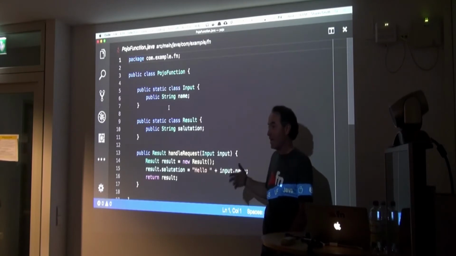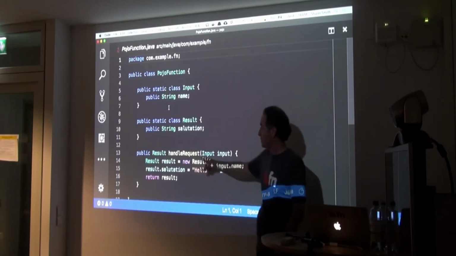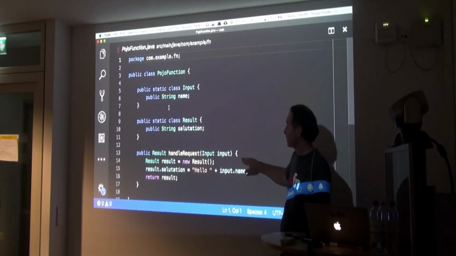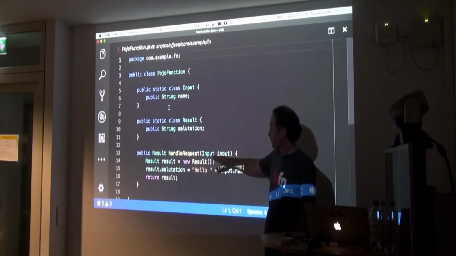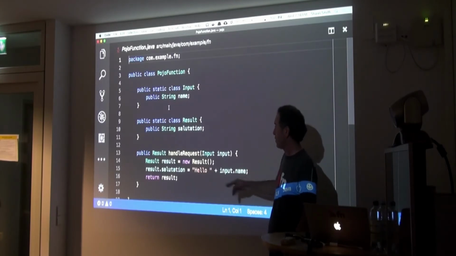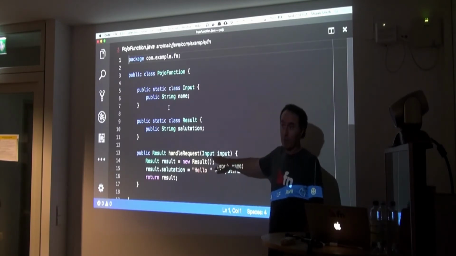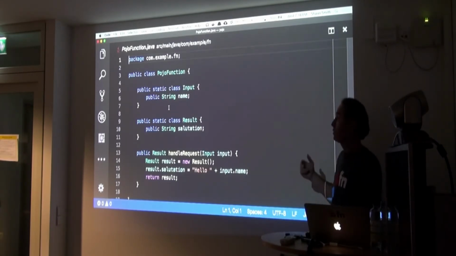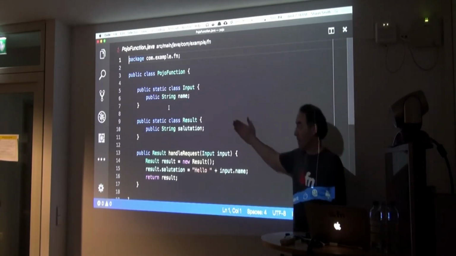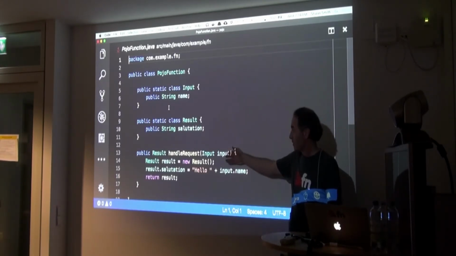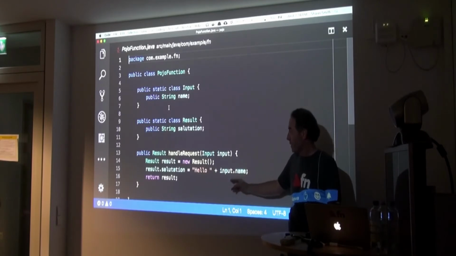And so the FDK, when you tell it, hey, this is my function, can introspect the signature of that function and understand the types required. By default, and this is overrideable of course, if you're passing in a complex object, a POJO, we will assume you're going to be passing in JSON. And if you're passing in JSON, we will use Jackson to unmarshal the incoming payload into one of these instances of these objects and pass it in here. It'll do whatever it does. It will pass out a result object.